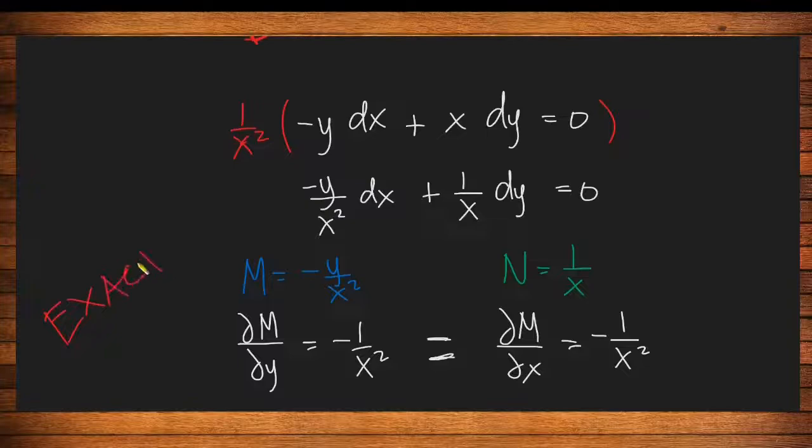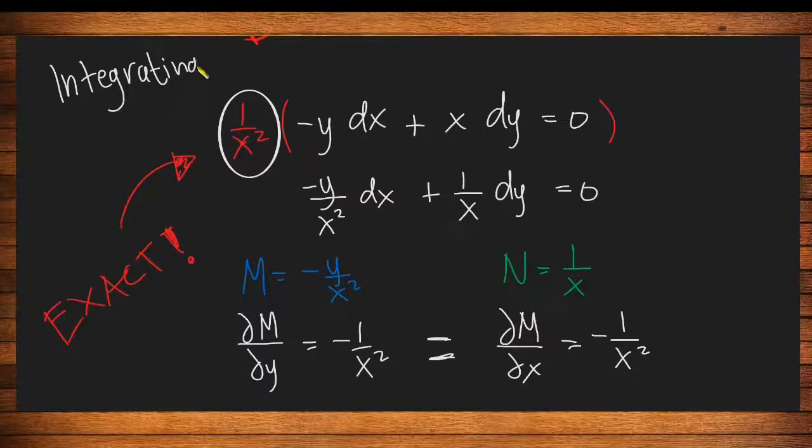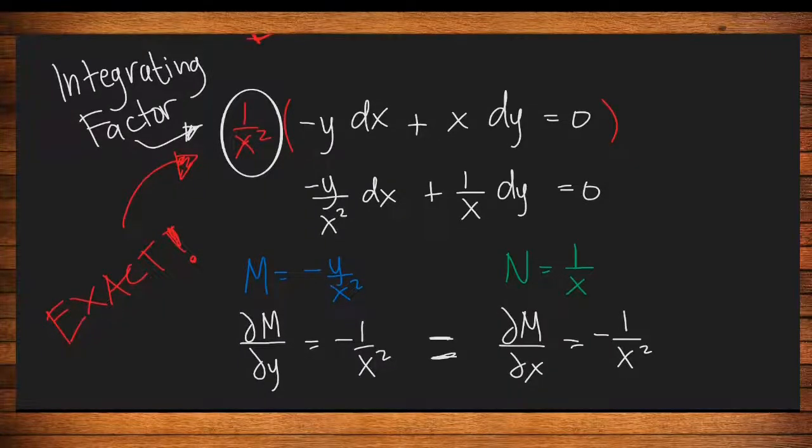Okay? So all we did was to multiply a non-exact equation by 1 over x squared, and then naging exact na yung equation natin. So we will call this 1 over x squared here an integrating factor. So the next question now is, how do we find, or paano natin malalaman, kung ano yung integrating factors natin